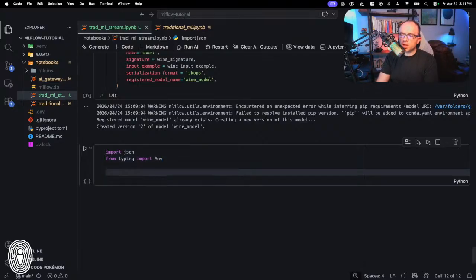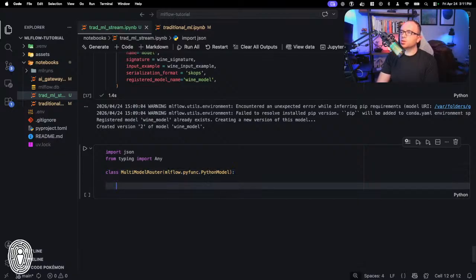So the way that we do that is we're going to write class MultiModelRouter, and this is going to inherit from mlflow.pyfunc.PythonModel. And then we need to create a couple different things in here. I thought there was an init in here, as most classes offer, but apparently there's not.